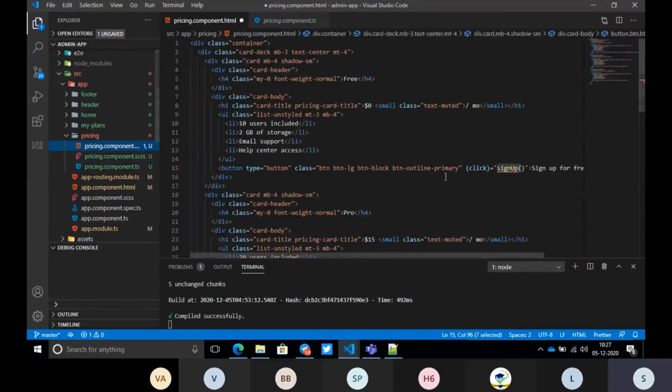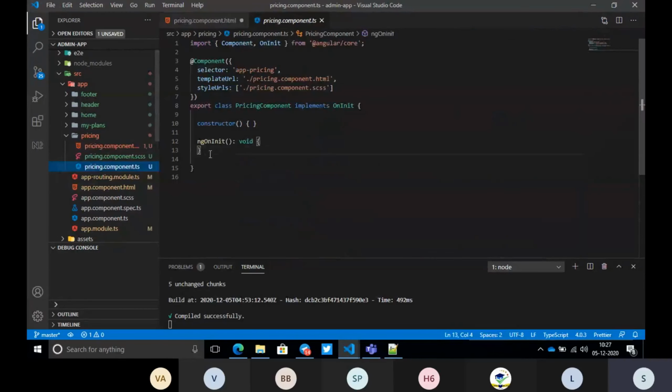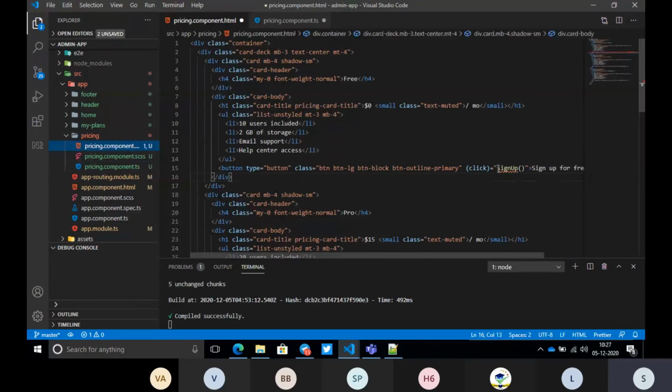Whatever method we try to use here, it will look for in the pricing.ts file. Is there any method called signUp? No, we have not written any method here, so it is showing an error.